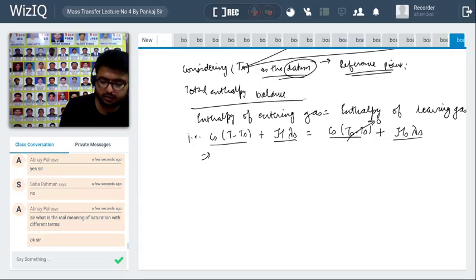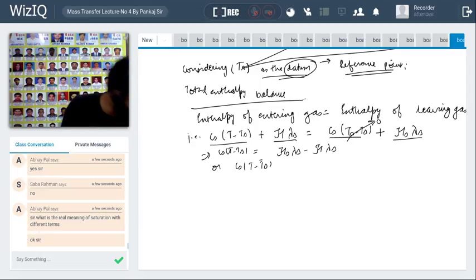Okay, so this implies Cs into T minus Ts is equal to Hs lambda s minus H into lambda s, or Cs into T minus Ts